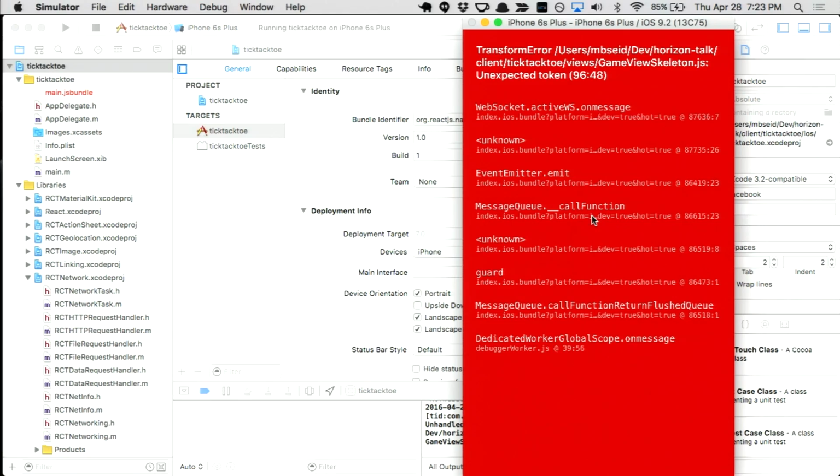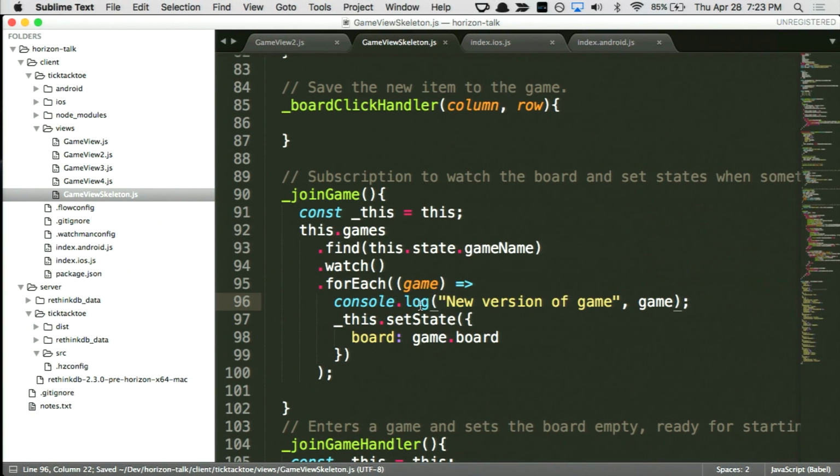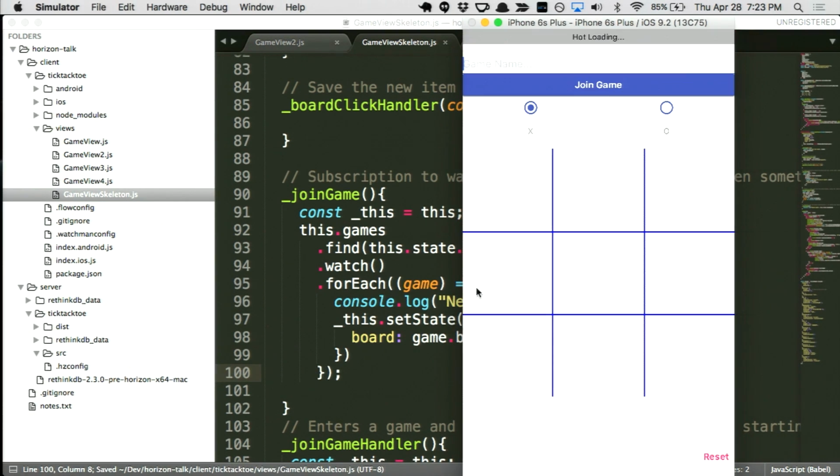Let's, as this checkpoint is now, go ahead and see if we didn't break everything. As you can see, it's been live updating in the past and has not liked what I've done. So an unexpected token on line 96. Let's see what happens here. There we go. All right, so we got our game back going here,